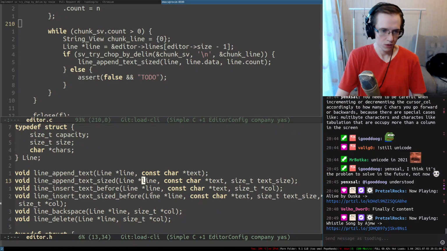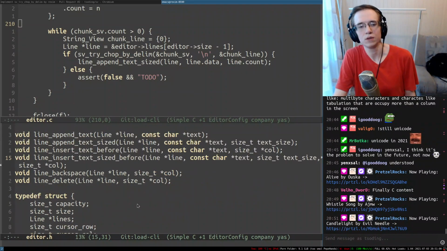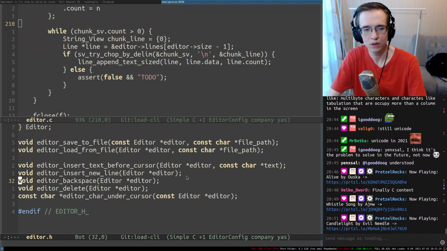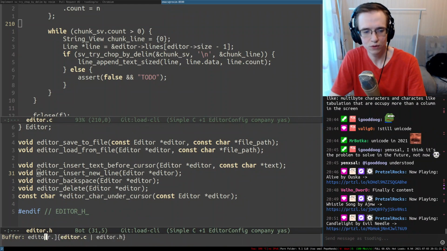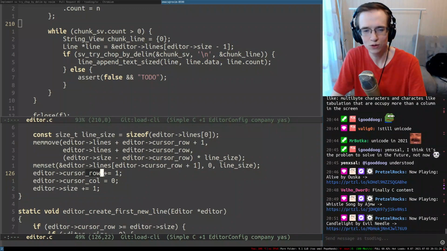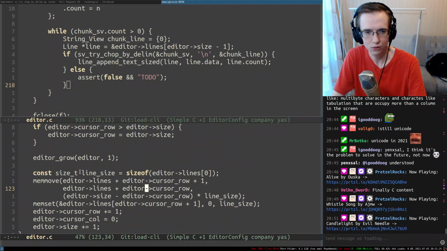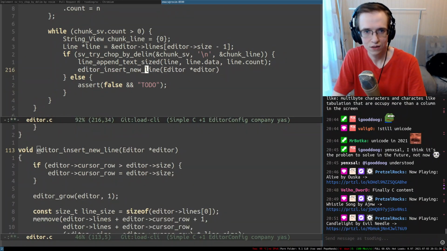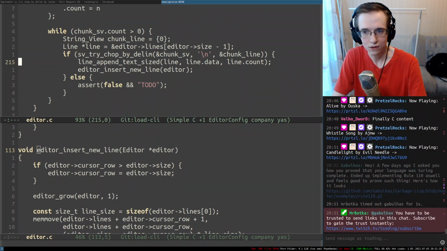Insert text before. I need to insert a new line. But it's gonna insert it at the end of the row, right? So we're inserting it at the end of the row. So if I do editor this thing, do I increment the row up? Yeah, I do increment the row afterwards as well. This is actually pretty cool. So that means for me, it's just as simple as, yeah, insert a new line. But in here,